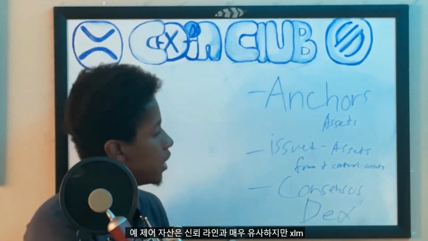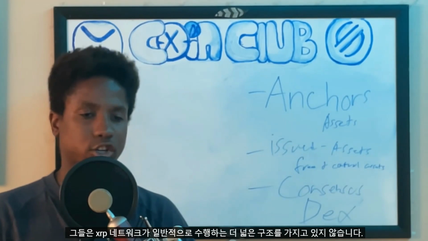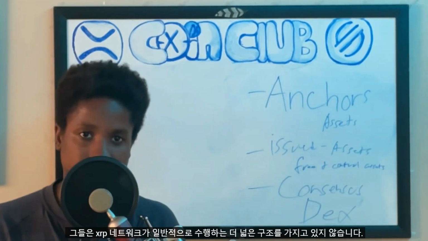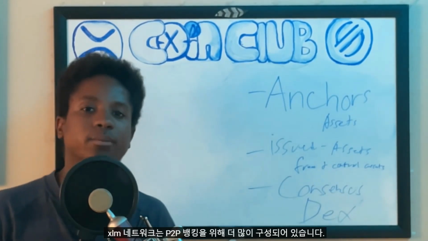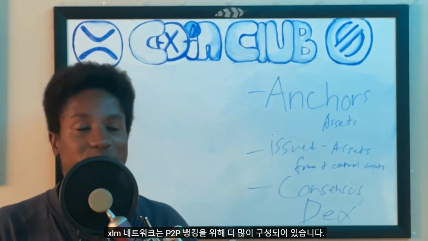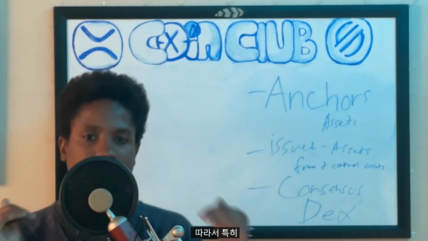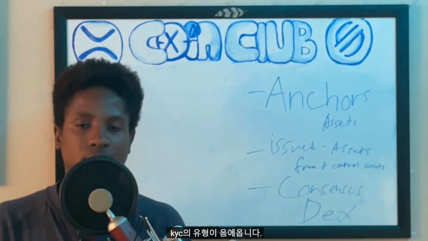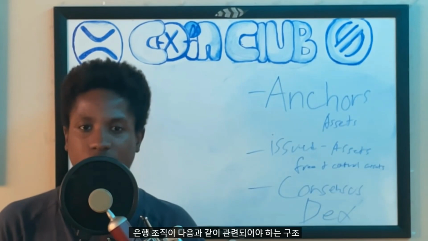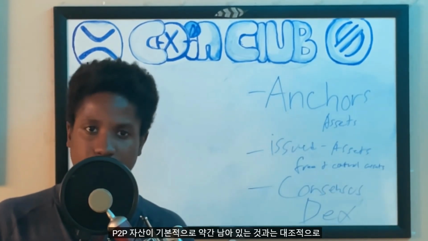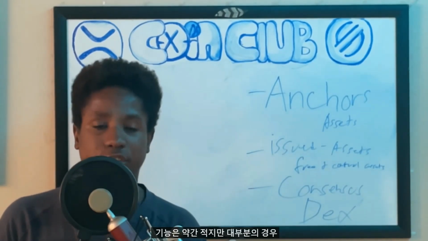Although, yes, control assets are very similar to trust lines, they don't have the broader structure to them that the XRP network typically does. This is usually because the XRP network is structured typically for banks, while the XLM network is structured more for peer-to-peer banking. So it's not so much having the different structures involved, especially when it comes to the type of KYC structures that would need to be involved for a banking organization as opposed to just a peer-to-peer asset. Basically leaving there being a little bit less features, but for the most part doing